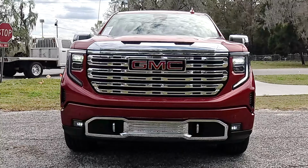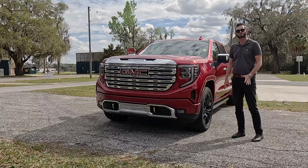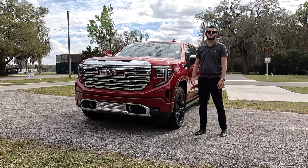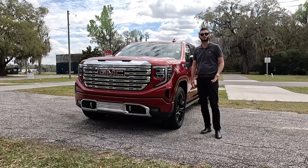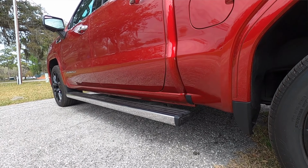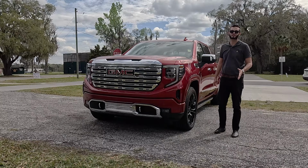And the sweet spot really is the SLE and the Elevation, because you can get a lot more features that will be tailored similar to this. But tick the box for the Denali and you'll get the Super Cruise package, in which this will drive for about 0.2 to 0.3 miles without having too much engagement. It also includes power running boards, a 15-inch heads-up display, digital rear view mirror, and the MultiPro tailgate, which can configure